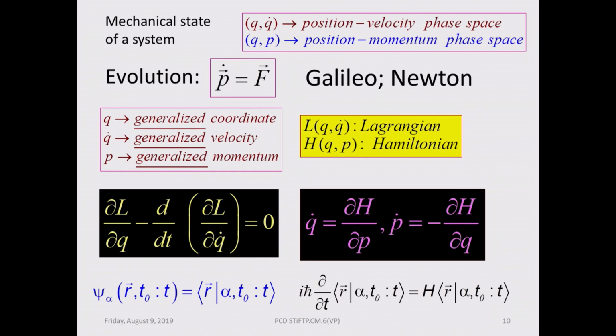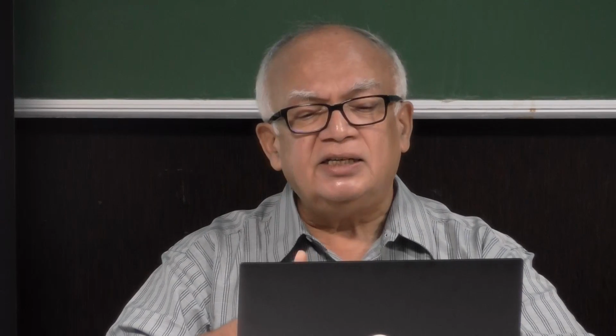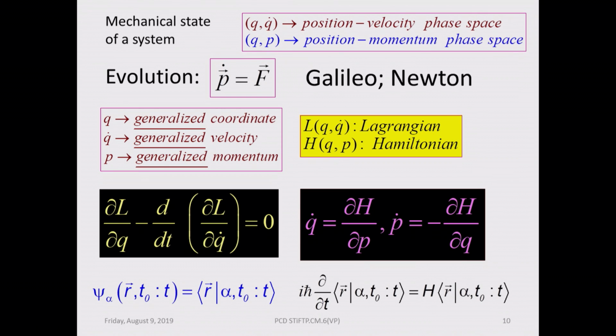So in all of these, you see that the basic question is the same. How do you characterize the state of a system? It is in terms of position and velocity in classical mechanics, and it is in terms of a wave function in quantum mechanics. Okay, so by mentioning quantum mechanics, we are slightly jumping ahead of ourselves, but this is just